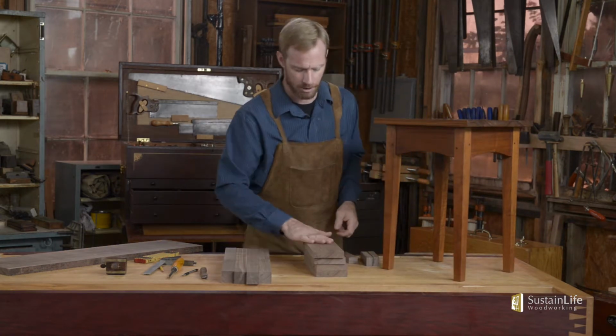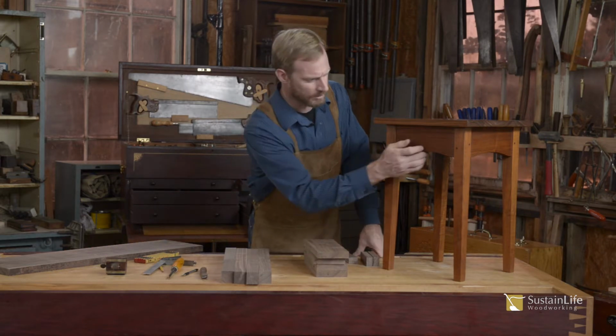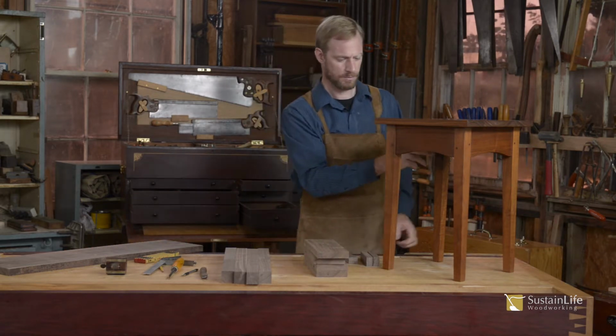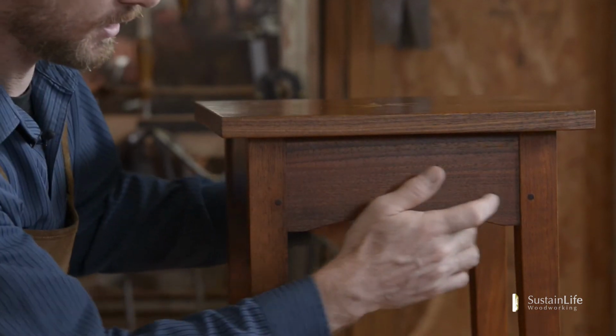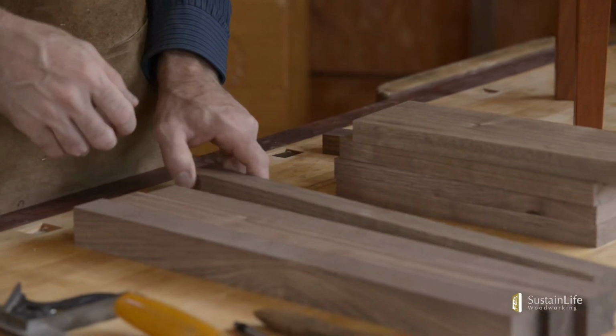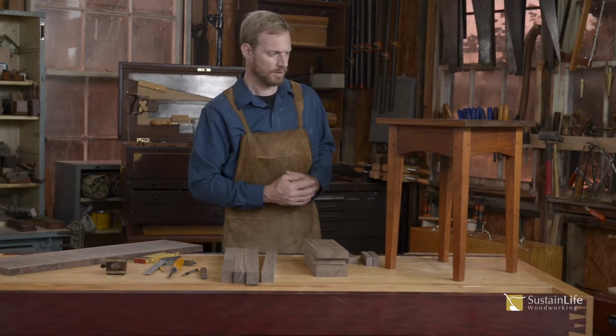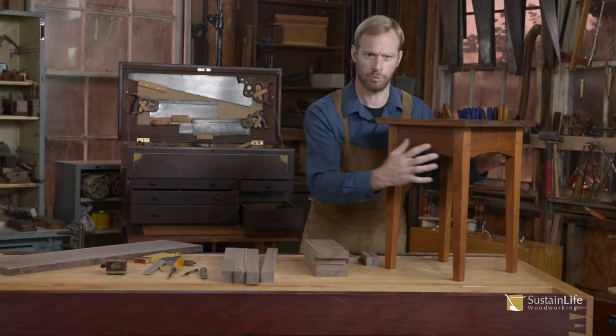We'll then prepare our stock by surface planing it or scraping it, and we'll cut these arches right here. After the arches are cut, we'll then move into tapering the legs. We'll taper all of the legs, make sure all of our surfaces are prepped, and then glue the actual table